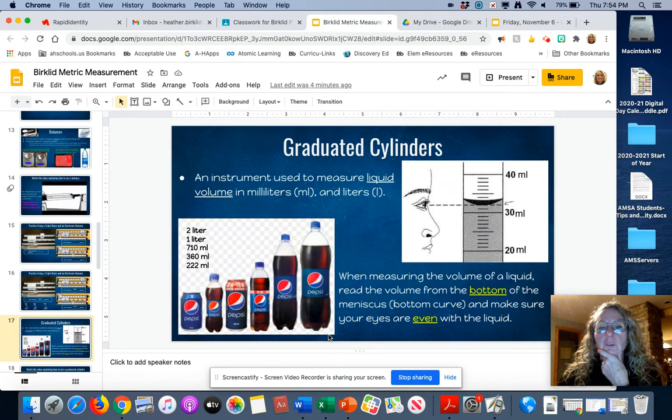Okay, next is measuring mass or measuring volume using a graduated cylinder. This is a lot like using a measuring cup. So you always want to make sure that you get even with the base of it, and you want to get even with the bottom. Water sticks to itself, and it sticks to the edges of whatever you're measuring it in. So you always have to read across the bottom of what's called the meniscus. So if you ever watch cooking shows, they'll get down and look at the volume to be exact. They'll look at their measuring cup to make sure that they're exactly there. What they're looking at is this meniscus, or the bottom of it, to see what their volume is,